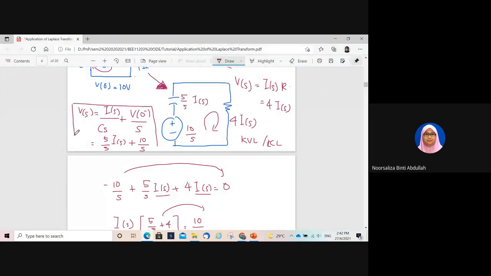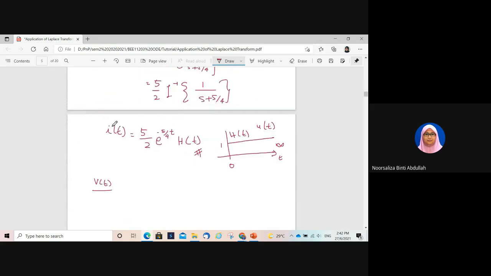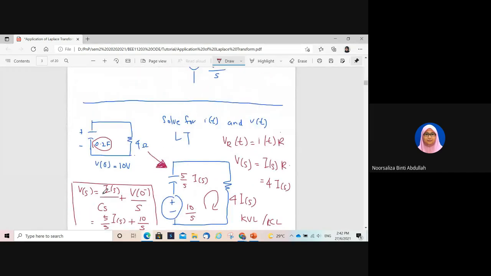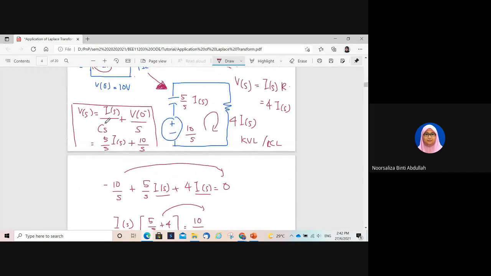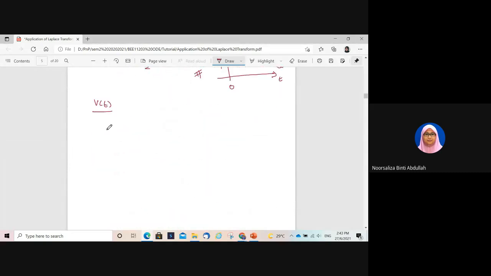We will use this equation to find voltage. What was the equation earlier? V(s) equals I(s) over Cs